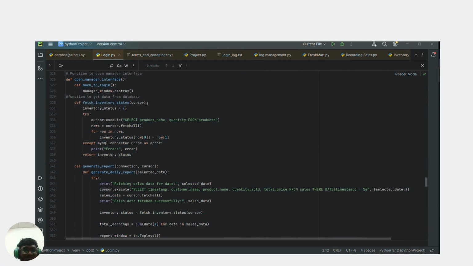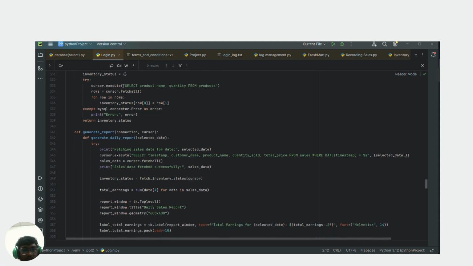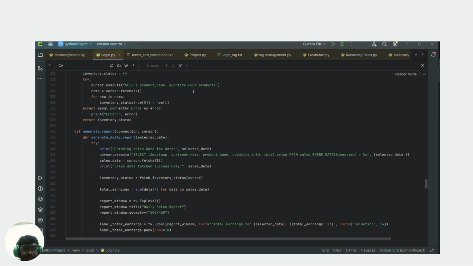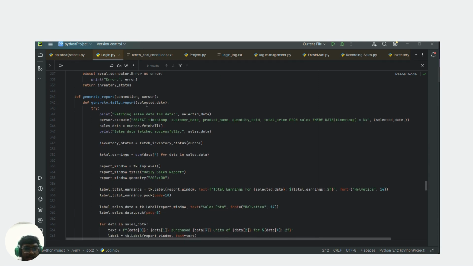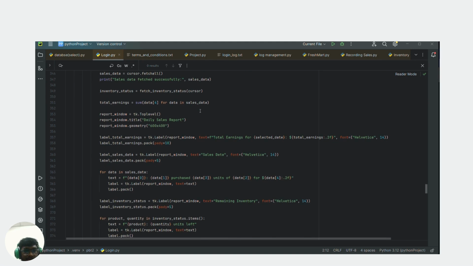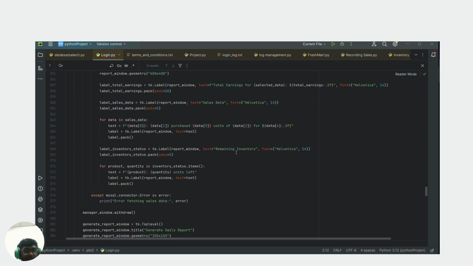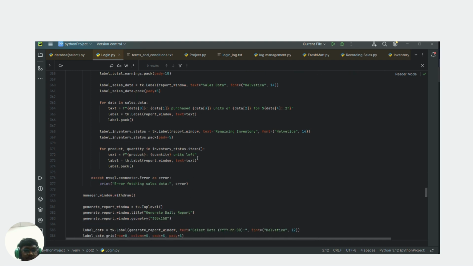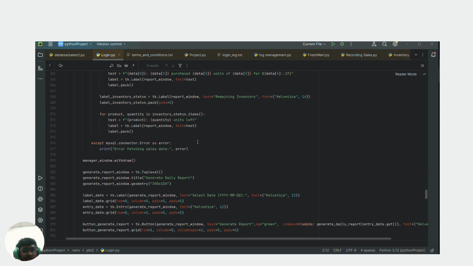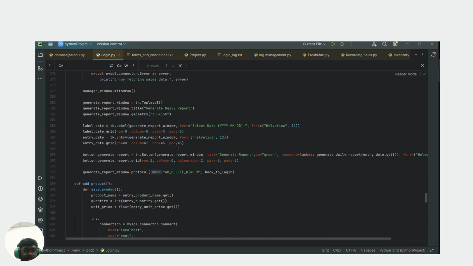And this is our GUI designs and then our total sales data, and then remaining inventory and purchases. And then again we have our GUI designs and then delete windows, delete data, and then we have add purchase, and inside there we have save purchase, and then we have connected database again, and then we have inserted into product inventory, and then success message, an error message, and then GUI designs,